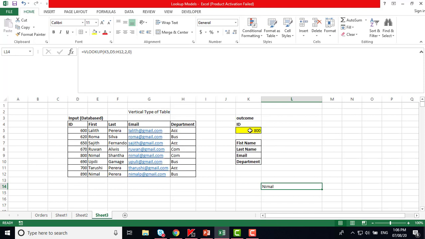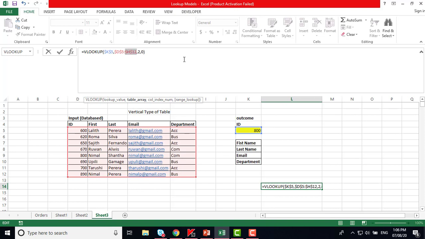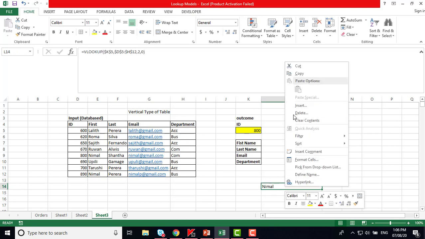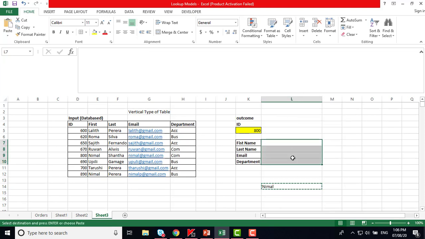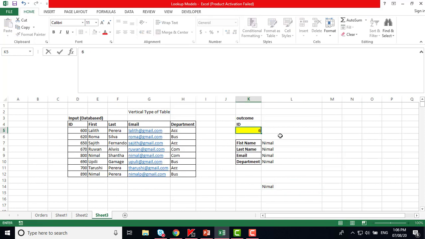Now this particular area where the outcome is going to be entered needs to be fixed forever, right? So we can press the F4 key and put the dollar mark and make that constant. And also the table is not going to change. So the total table needs to be constant. Then these two numbers you have entered are always constant. There's no issue. Once you enter the number, that will be appearing as it is. So then we can enter that. Now we can copy this formula. And then if you paste that into the system, you can see everywhere Nimal is going to appear. Now when I type another number, see 620, everywhere Roma is going to appear.